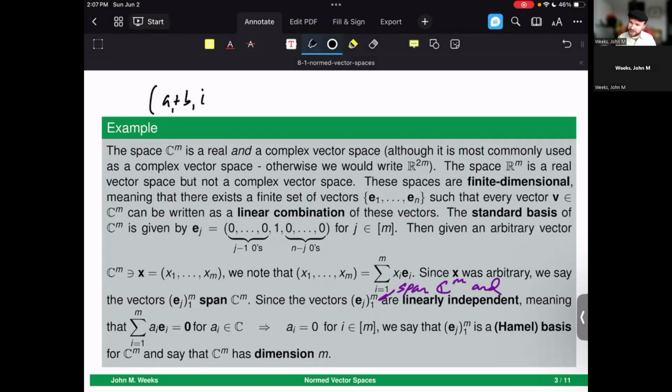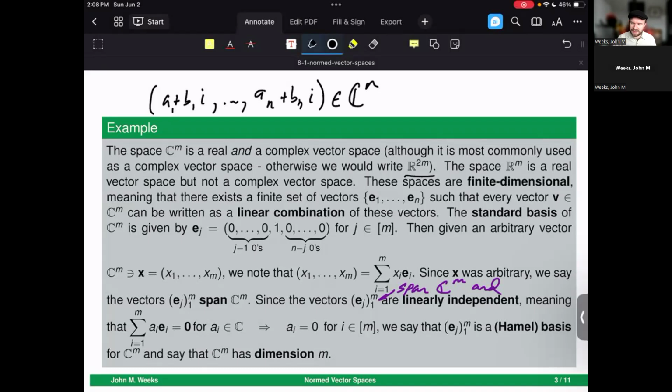And hence I'll use a different letter when I'm trying to do an index of these numbers here. But you can imagine that this becomes like a sub n plus b sub n i as you go throughout here. So these are the coordinates of something that looks like it's inside of C^n rather than in terms of R^n. But you might remember, or maybe this is a new thing for us, this vector space, at least in terms of how it looks as a vector space, algebraically speaking, can be written just in terms of R